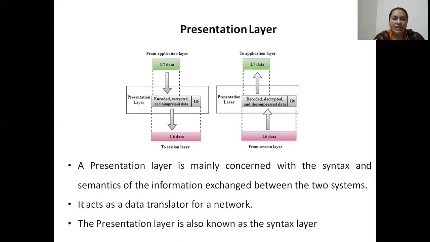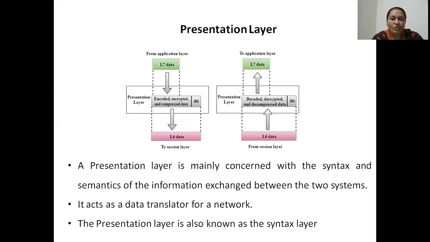So presentation layer acts as a bridge between these two devices. It alters the message in such a way that both the communicating parties will be able to interpret the data which they are exchanging. Okay, so that's about the syntax and semantics which is taken care by the presentation layer.